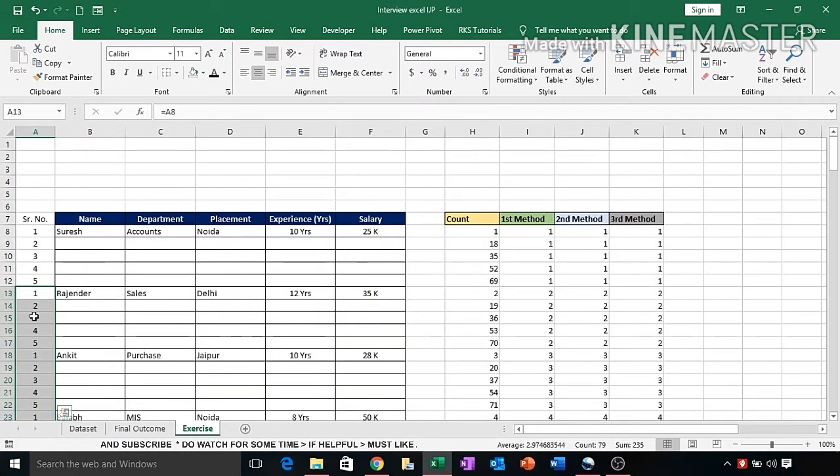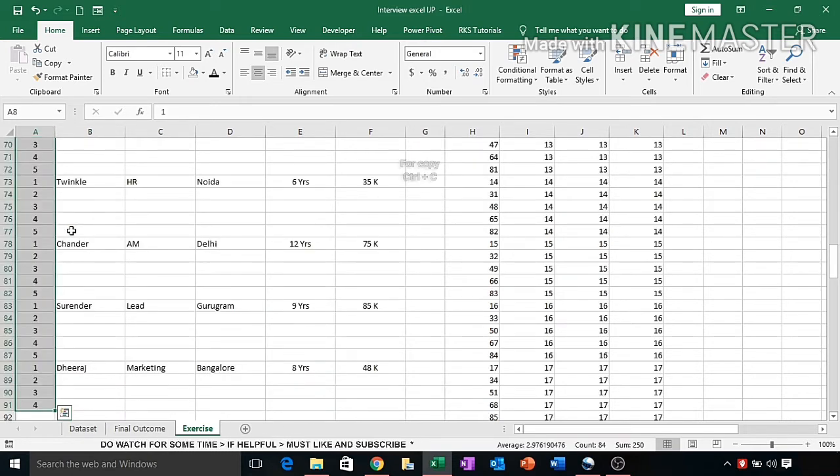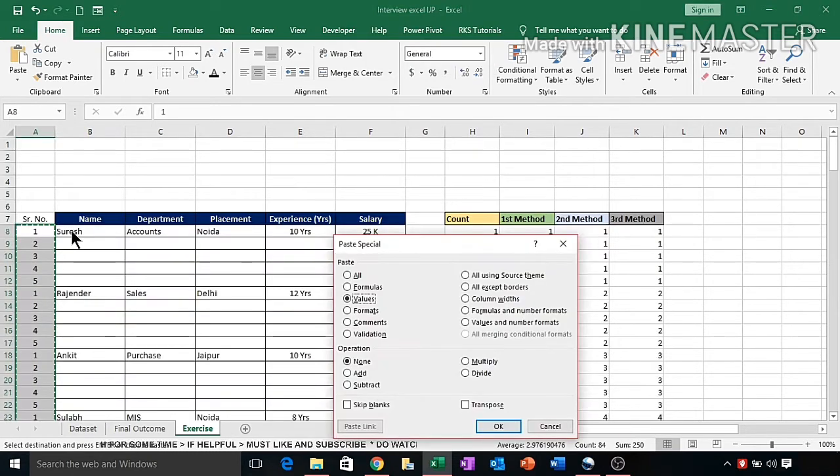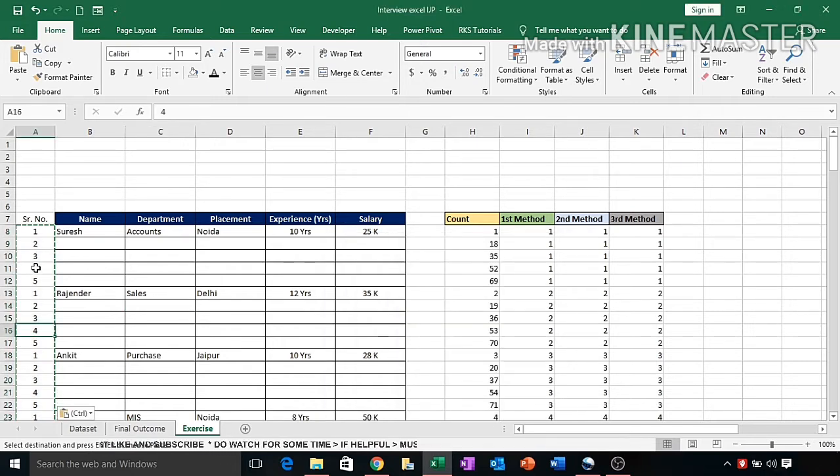You can see the result, it is here. And now select all the cells, Ctrl C, Alt E, SV. Actually we copy and paste the formula as a value. Here is the value and press OK. Now the formula has disappeared.